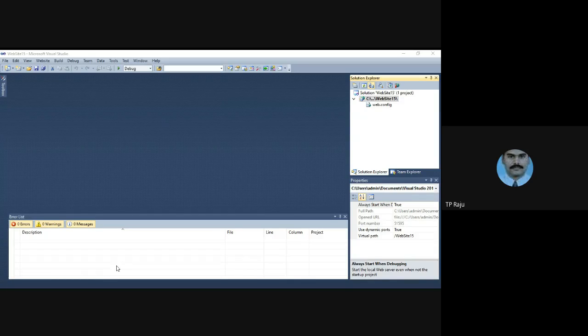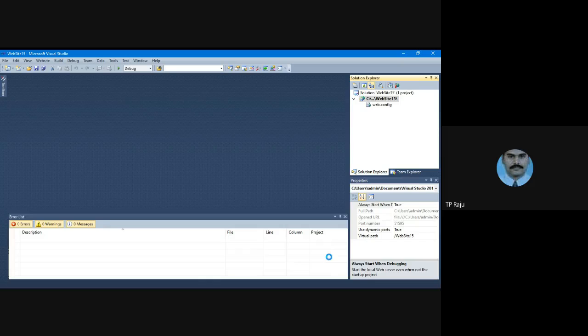Before clicking the Add button, you see here it is showing the name of the file. It is showing Default.aspx by default. If you want to change, you can change the primary name. Otherwise, you can keep it as it is and click the Add button. In that manner, you can add a web page into your application. This is your web page.